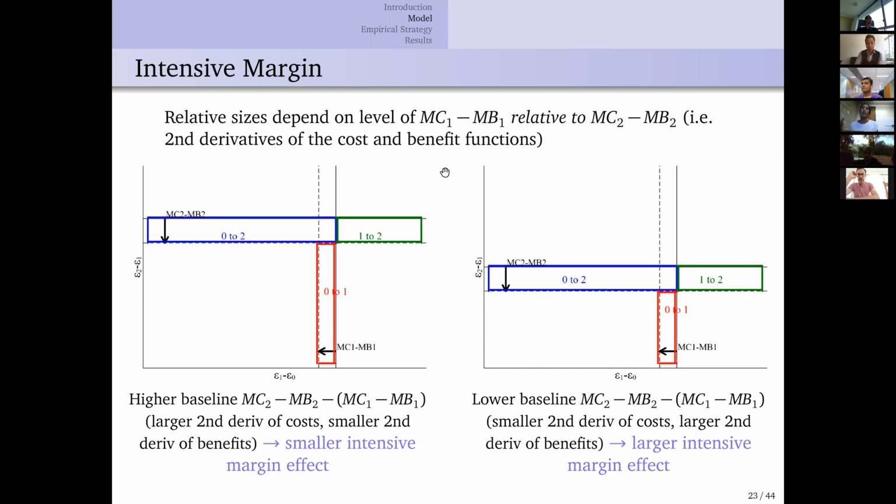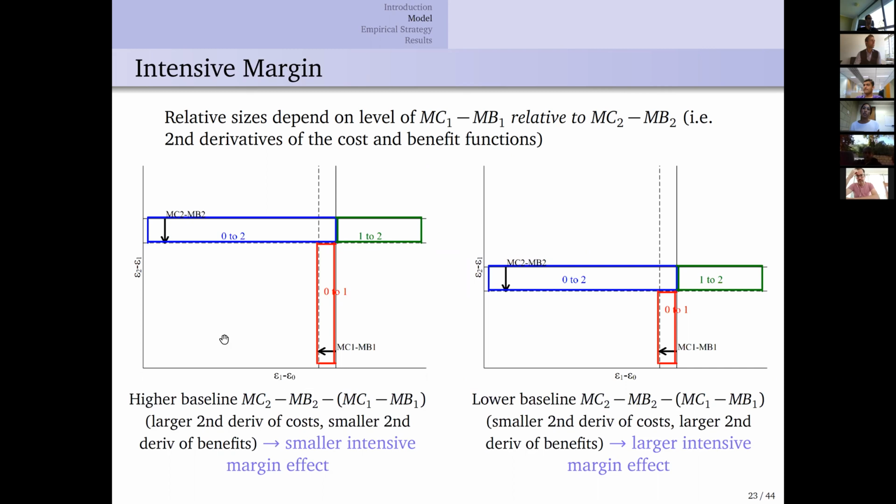Okay, and so we're getting here at the second derivatives. The point that I'm making here is that it's the second derivatives that matter for this intensive margin effect. And this is what comes out clearly if you're doing a continuous schooling function. These second derivatives will pop up when you're trying to solve for the effect of PROGRESA and how it changes. And so